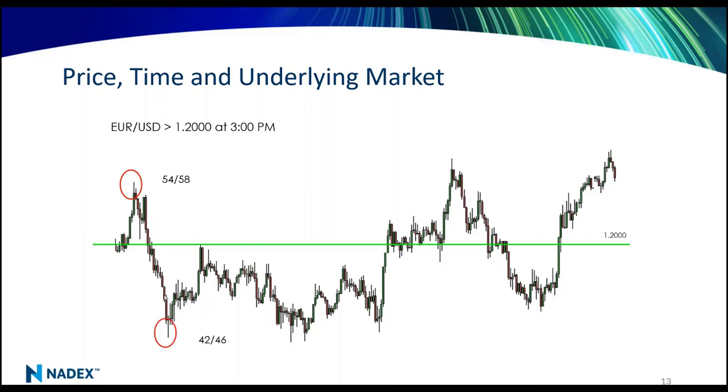Now, what happened? It moved lower, and the price of the binary option also went lower. It went down to a 44. There's still time to go. There's still some time, but now we're below that 1.20 level. Now we skip ahead and we start getting closer to that settlement time, that expiration time. We are below 1.20. Time has decayed away, and the probability has decayed down to 36%.